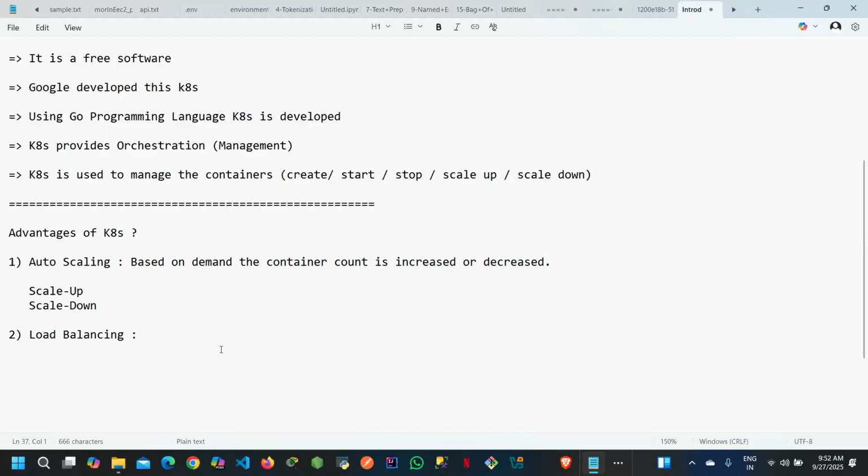Then the second one is load balancing. Load balancing will work like the load will be distributed to all the containers, right? That is nothing but, by using the round robin technique, the load balancing. And the last advantage of Kubernetes, guys, that is very, very important, which is nothing but the self-healing